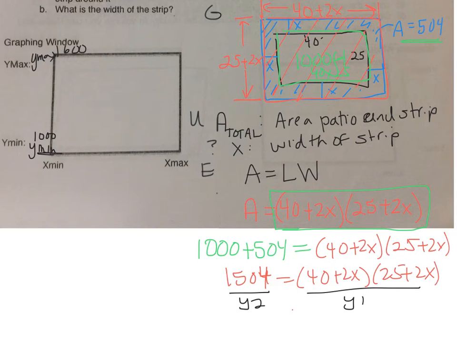Now, what is a good guess to start off our x min and our x max? Well, this is a border that has some trees on it. It has an area of 504. So I would say that x can't be less than 0. So I'm going to start off with an x min of 0, and I'm going to say an x max